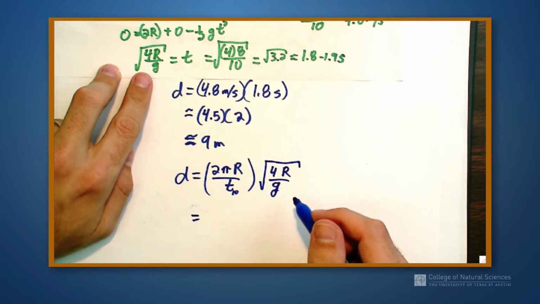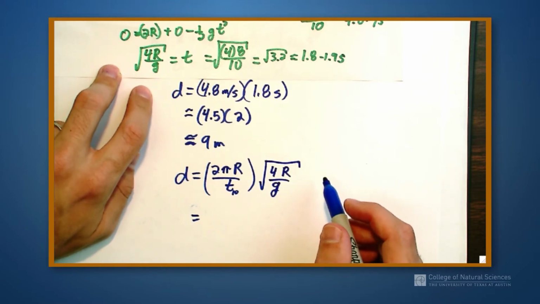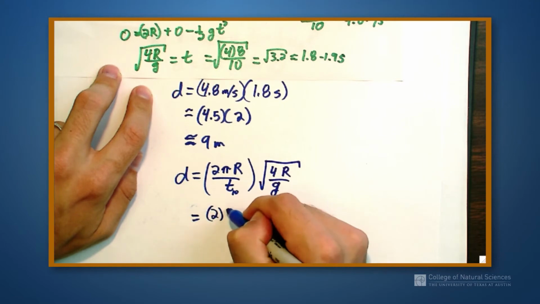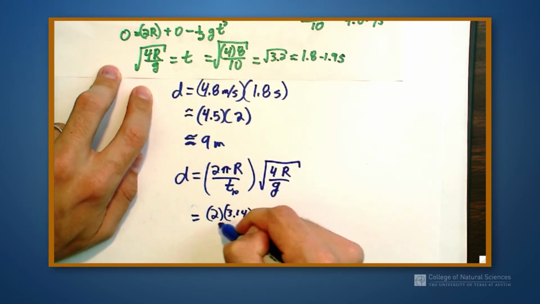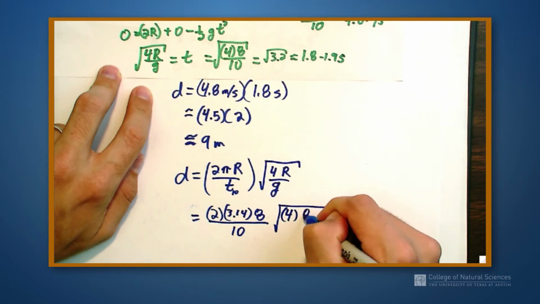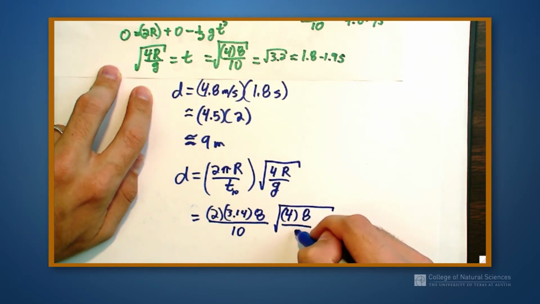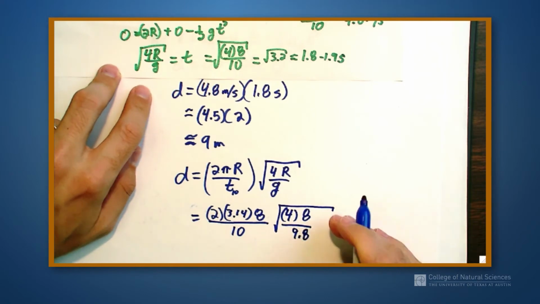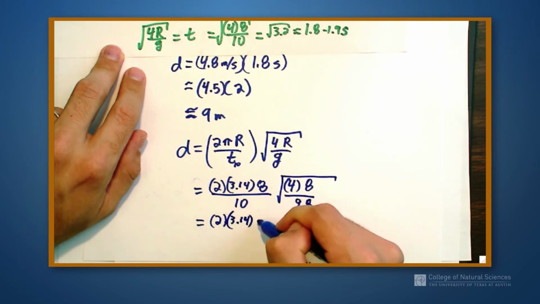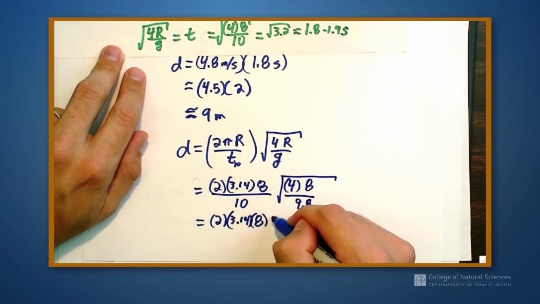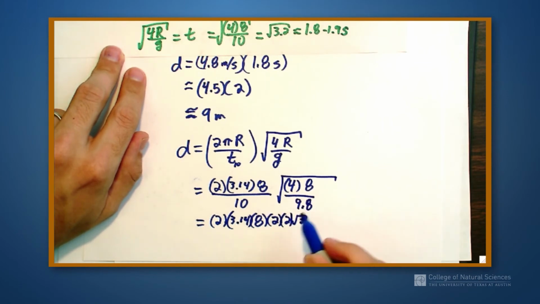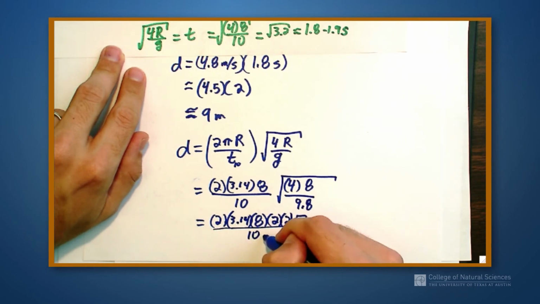All right, so this is going to be a little bit of a better way to do this. This is going to be 2 times 3.14 times 8 over 10 times the square root of 4 times 8 over 9.8, which is equal to 2 times 3.14 times 8 times 2, square root of 4 is 2, times 2 square root of 2 over 10 square root of